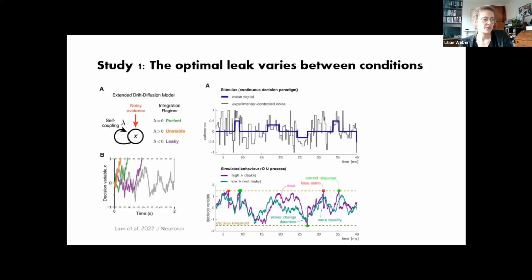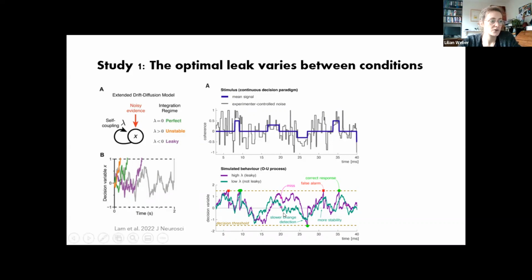And we can apply this model to our paradigm and see that, so on top here again, you see the stimulus and the mean signal that underlies the stimulus. And at the bottom, you see some simulated OU process, so a leaky integration process. You see one example with a high leak, so more forgetting, and one with a low leak. And you can see that in